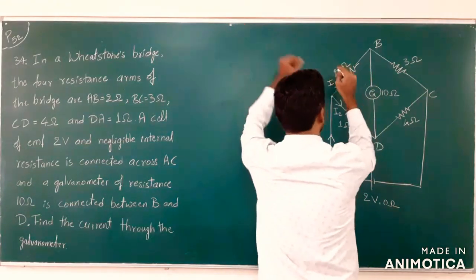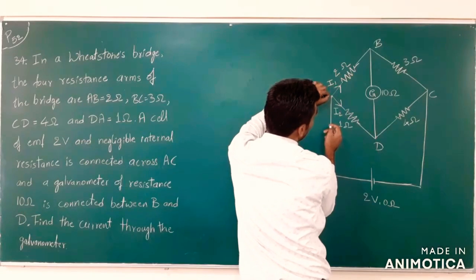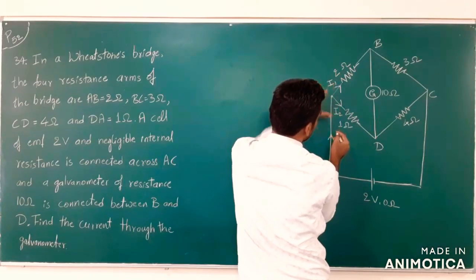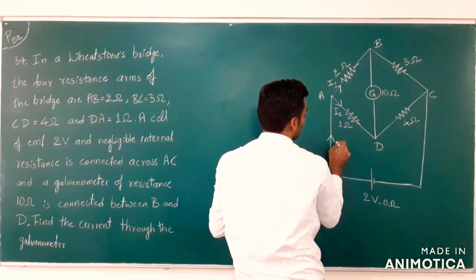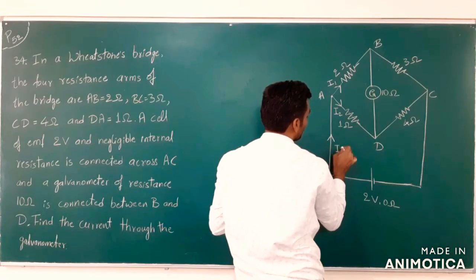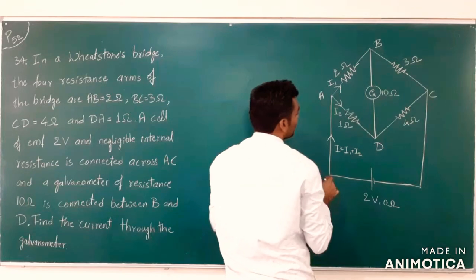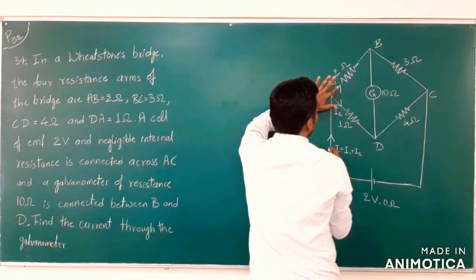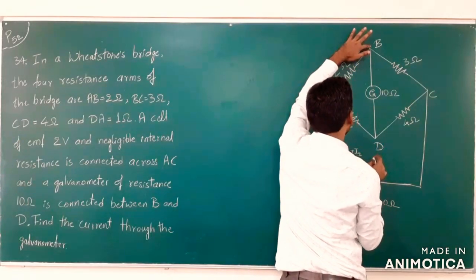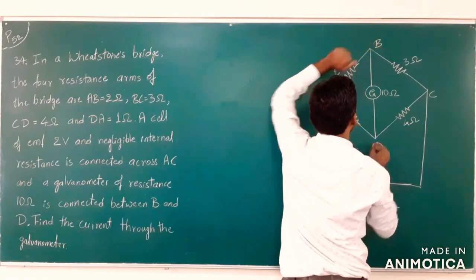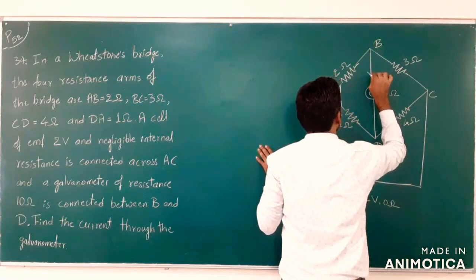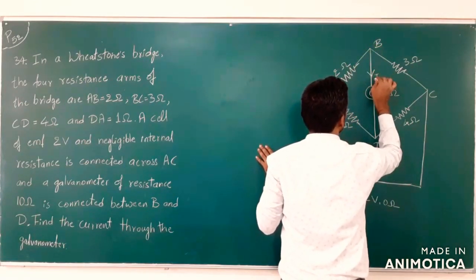Now look at this. From point A, we have currents I1 and I2 splitting like this. So I can take the total current I, which is equal to I1 plus I2, right? Now, I1 comes here, and at point B, I1 splits. I1 splits to give IG,